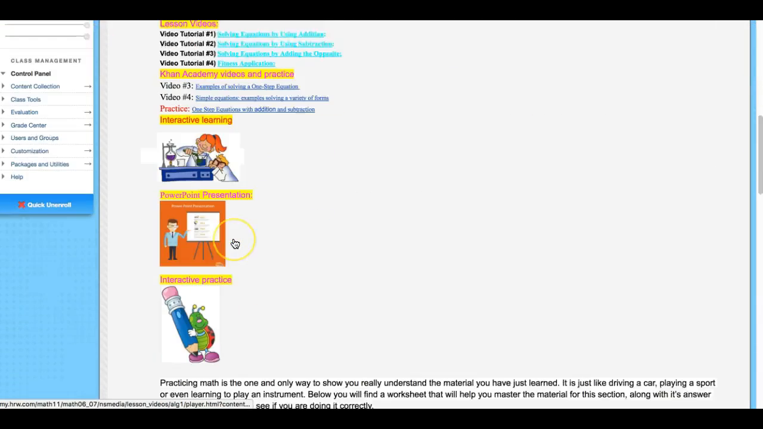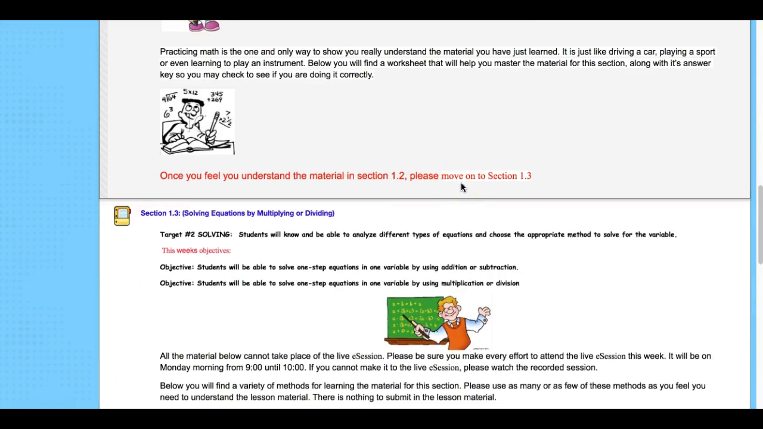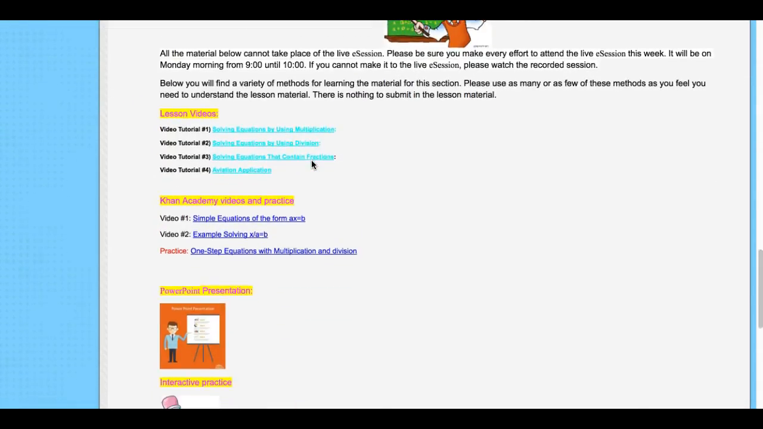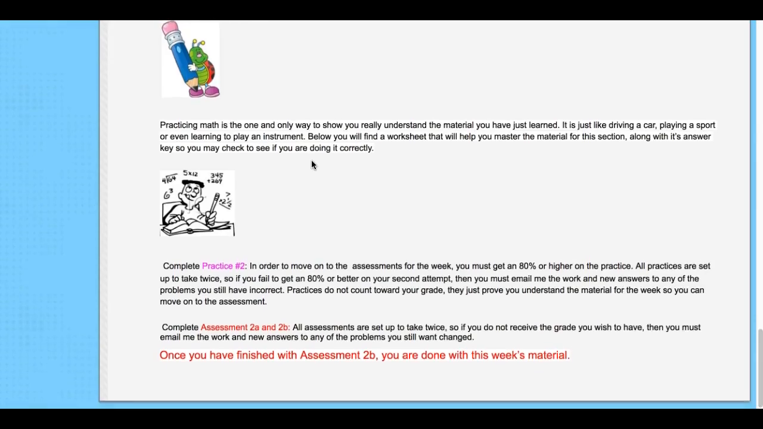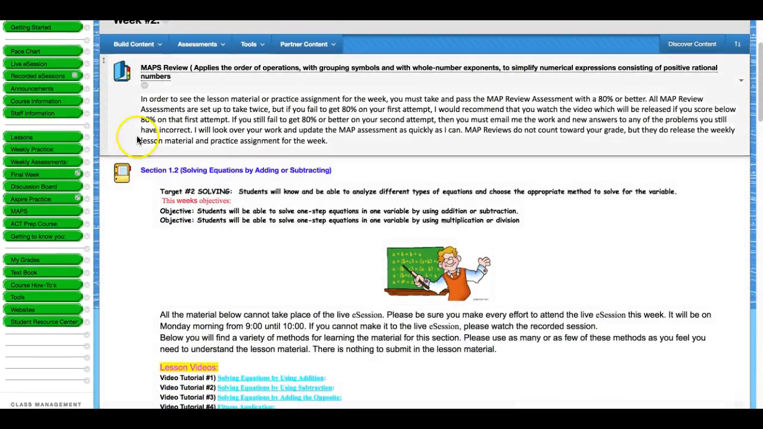So here's all the learning material, and if you go down here, it says, okay, now you're done with section 1.2. Here's all the learning material for section 1.3. So you've got all this material. And then when you're done with the lesson material, then you have to do the weekly practice. So you just go over here, click on weekly practice,